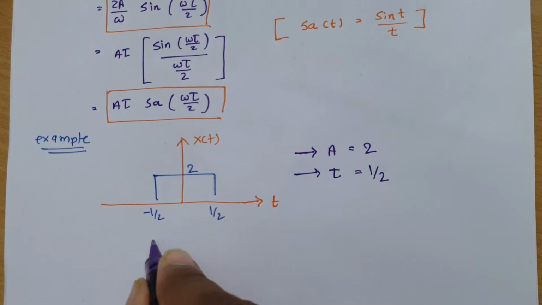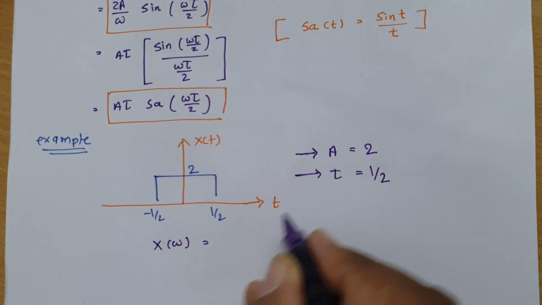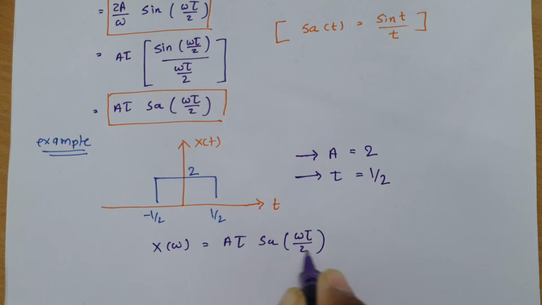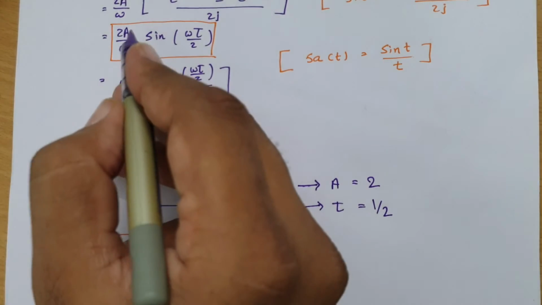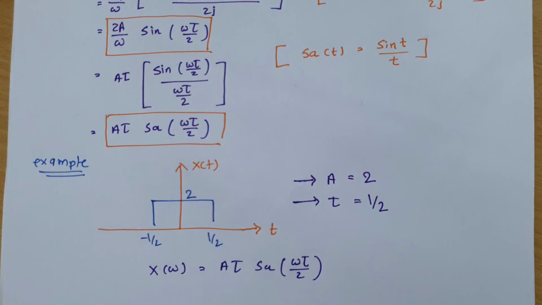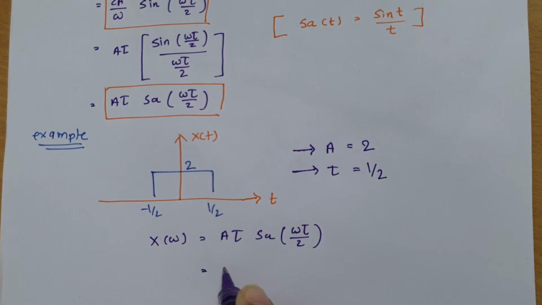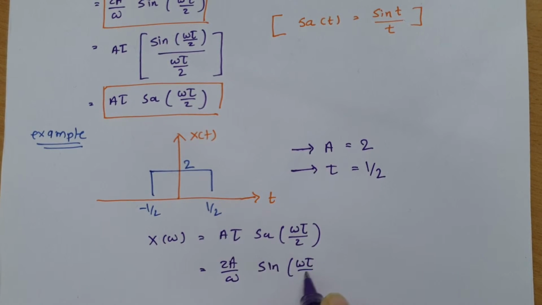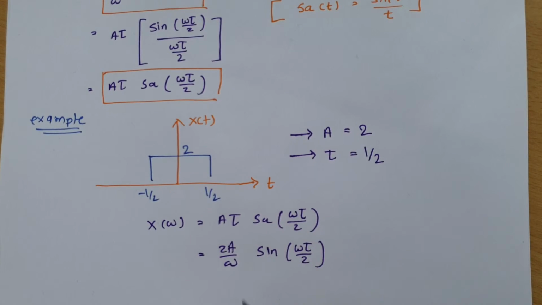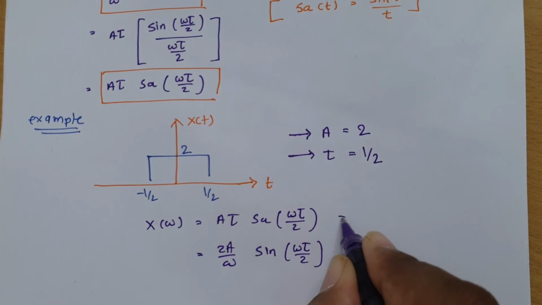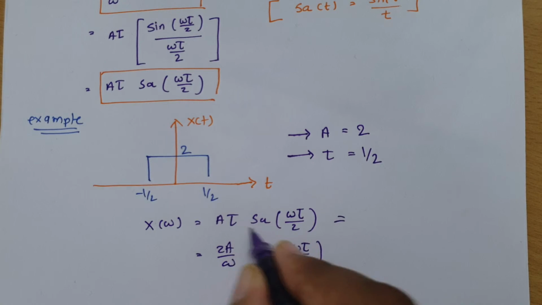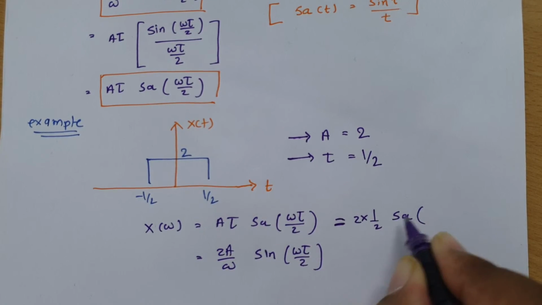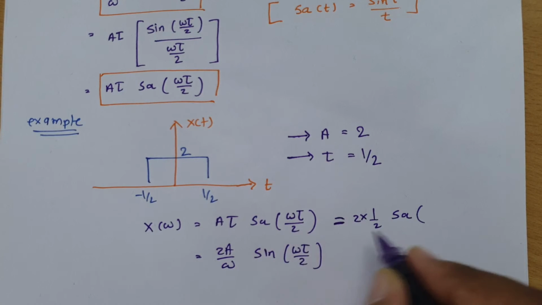So the Fourier transform of the basic function is A tau into the sampling function of omega tau by 2, and one more formula that we have derived is 2A by omega sin of omega tau by 2. I'll write both of these answers. If you place these values in these, you will get both of the different answers. One answer: A is 2 and tau is half, so 2 into half into the sampling function, where tau is again half. So this will be,